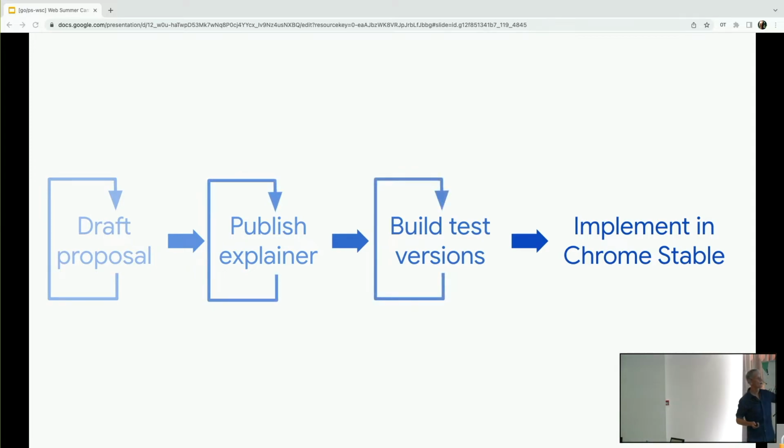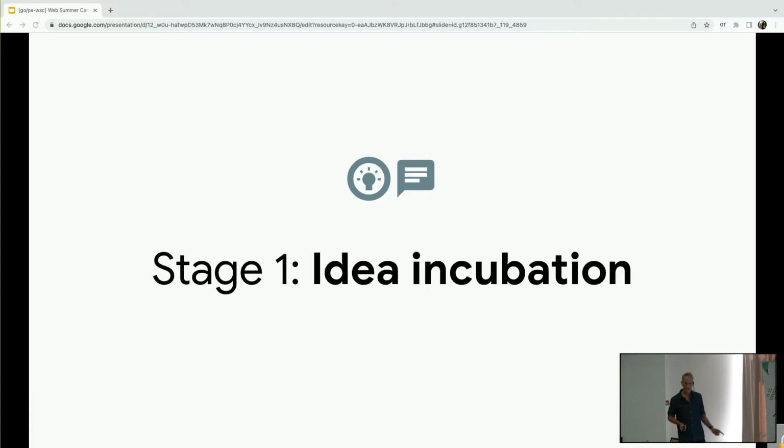Of course, what's missing from that is that every step of the way, there's a constant feedback process. And that's what we have at every step of the way when we're developing new features. So let's go through that.